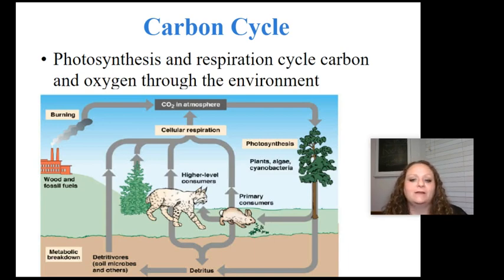So these animals here are releasing carbon into the environment, which is then going to be absorbed by the trees, the plants, the algae, the bacteria that's photosynthetic. It's going to absorb that carbon dioxide, do photosynthesis, and release oxygen. That's the main part of this cycle, is the carbon dioxide is breathed out and taken in by plants. Plants are going to do photosynthesis. They're going to release oxygen, which can be taken in by these animals that are going to start the process all over again.